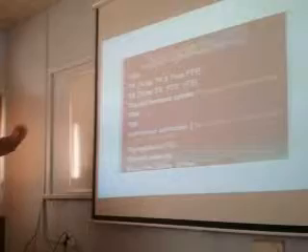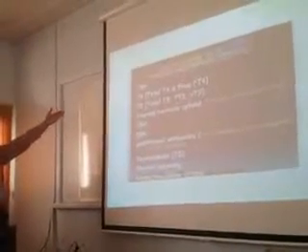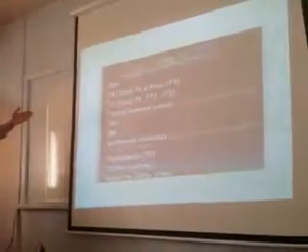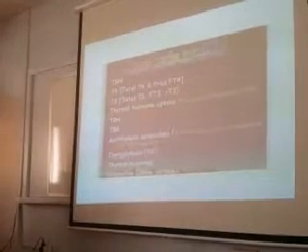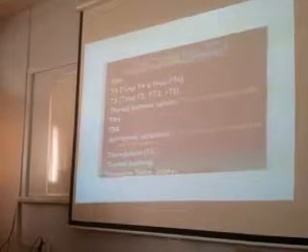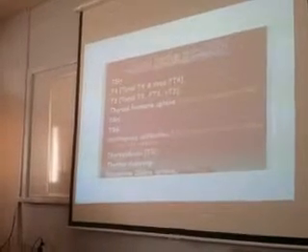So, thyroid function tests. First is TSH, then T4, total T4 or free T4, T3, total T3, free T3, or reverse T3. What is meant by reverse T3? Inactive.